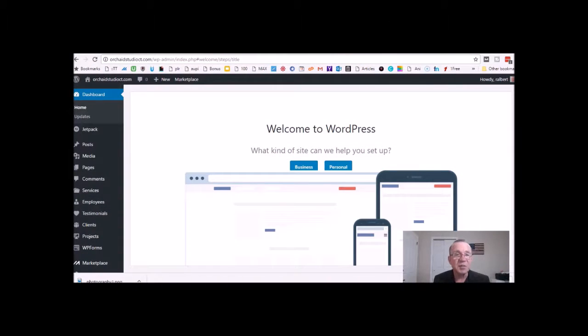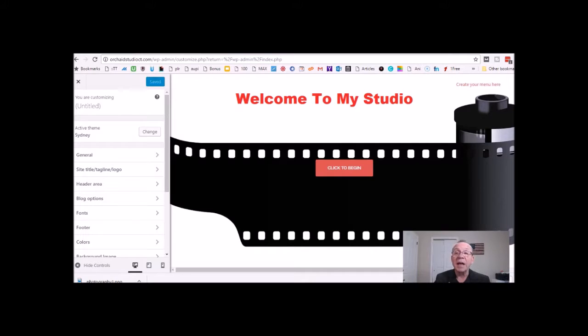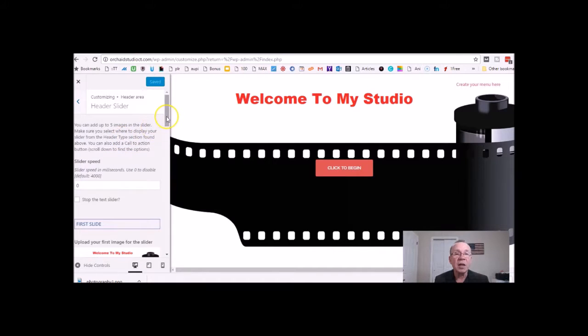Okay, welcome to the good old dashboard here. What we're going to do now is go back, and I'm going to show you how you can change where that button goes to. It's really simple. We go to Appearance, and then we go to Customize. Okay, so now we're in the actual customization page here. I like this because when you customize it on the fly, you can actually see what you're doing. So if we go back to the header area here, and we go to the header slider,